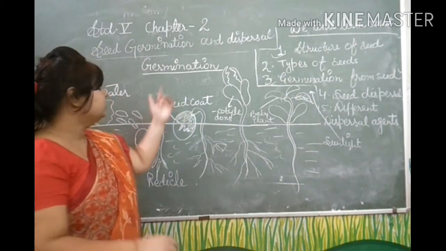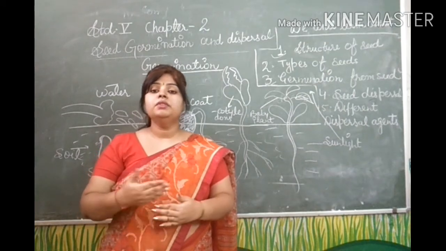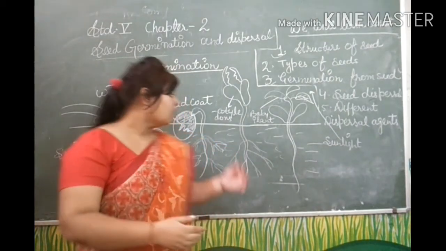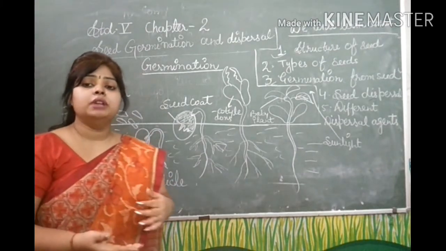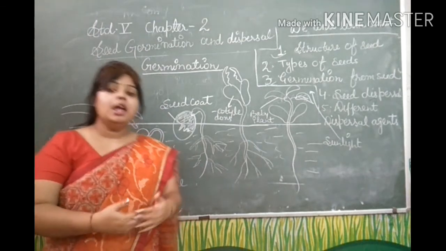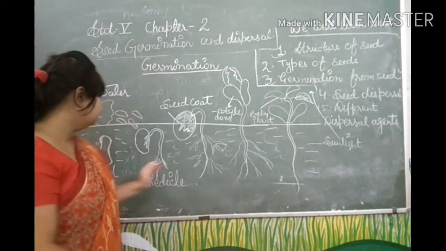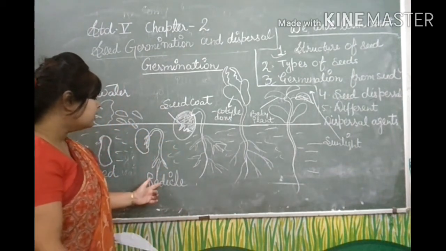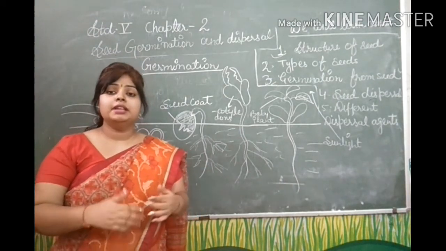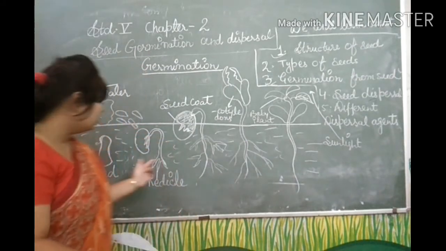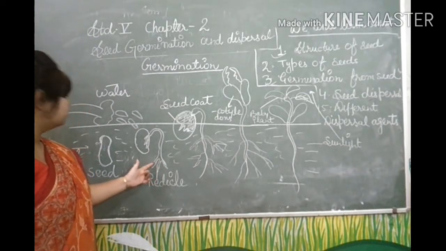Now come to the point of germination. Germination is a process in which a seed gives rise to a new plant. Here is the process of germination. When we put a seed inside the soil and give the proper amount of water to the seed, after some time we will observe the radicle. In a previous topic, I explained the radicle. The radicle provides the root portion. So here you can see the radicle portion grow into a root.